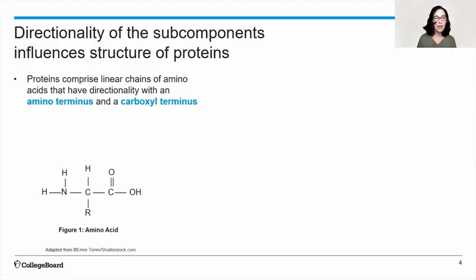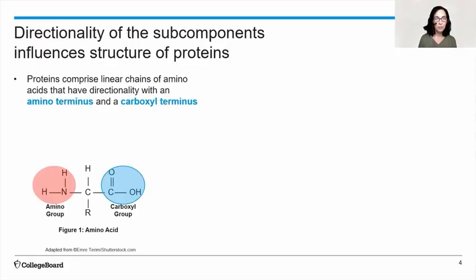Proteins are comprised of linear chains of amino acids, and in Figure 1, we see a single amino acid. If you look at the central carbon, coming off to the left, we have an amino group, NH2, and to the right, we have a carboxyl group, COOH. So we have two distinct ends to this amino acid, giving the amino acid directionality with an amino terminus and a carboxyl terminus. And as proteins are synthesized, new amino acids are added to the carboxyl group of the existing